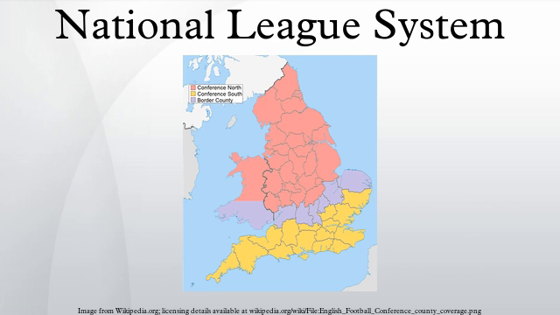Organisation. At the top of the National League system pyramid is the Football Conference. Its top division, the Conference Premier, is the only division in the system which is organised on a national rather than regional basis. Although the Conference is the top level of the non-league pyramid, it is not the highest level of English football. The Premier League and the Football League comprise the top 92 clubs in the English game, and 2 teams from the Conference are able to achieve promotion to the lowest division of the Football League each season.